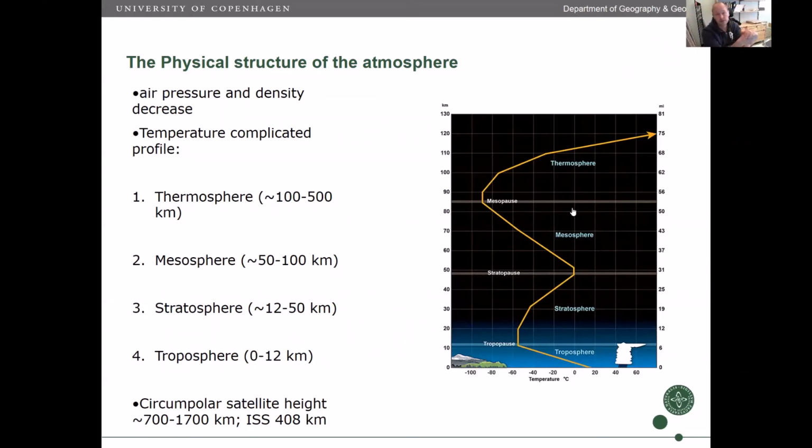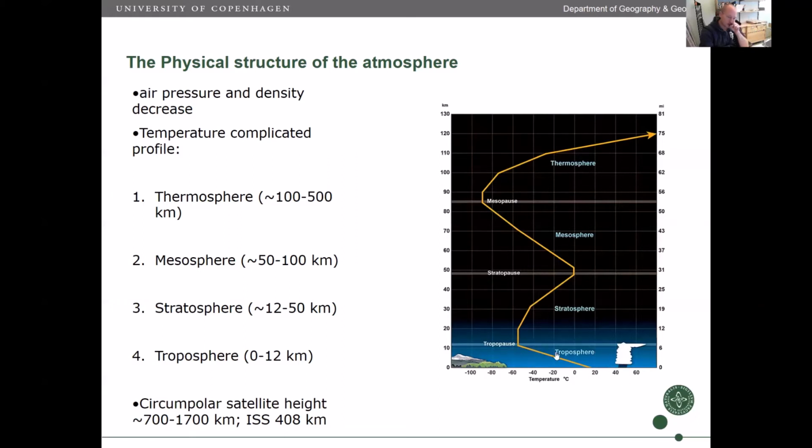Same thing then with the density: gravity pulls the molecules downward, and thereby there are more molecules and a higher density of molecules down here in the lower part of the atmosphere compared to further up. On the other hand, temperature has a quite complicated profile. You can see here that